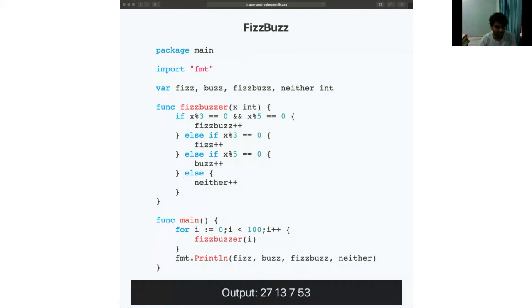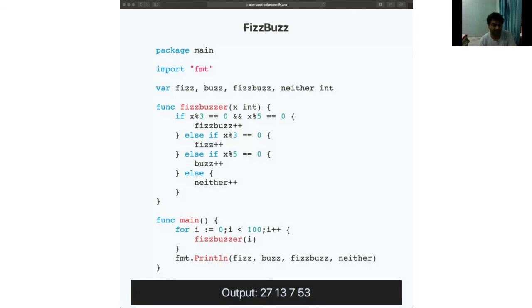Oh yeah, Storm actually wrote the code in a Golang playground. So yeah, Storm, does your answer actually print the same value, 27, 13, 7, 53? And I'm actually trying to run his. Oh, you wrote the actual fizzbuzz.